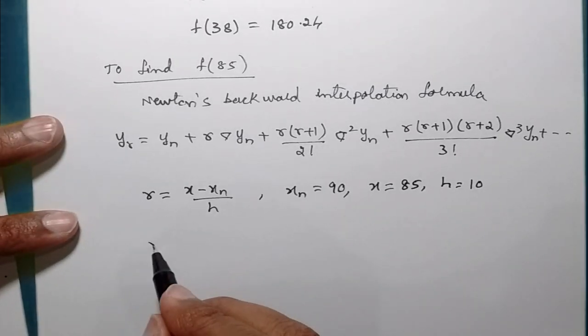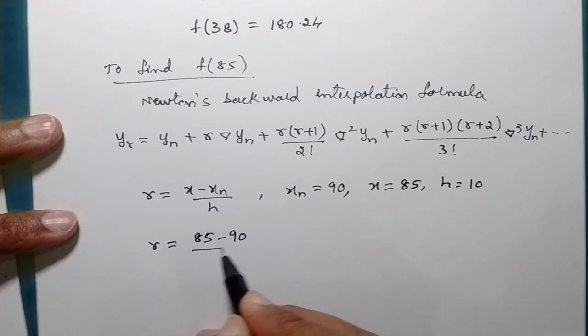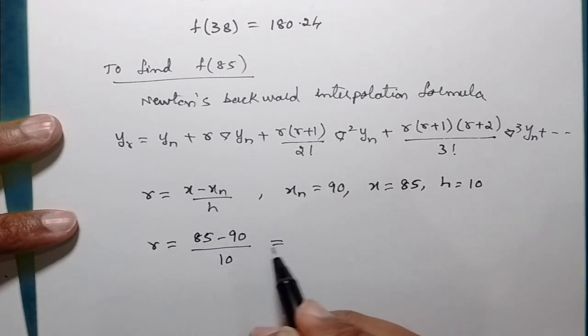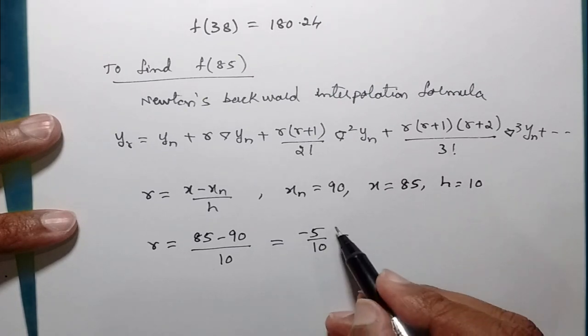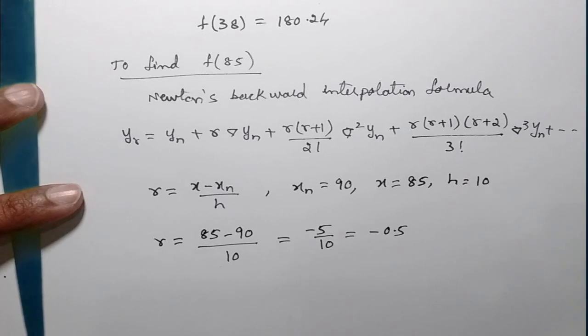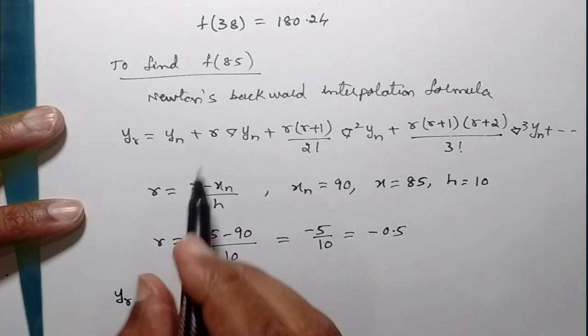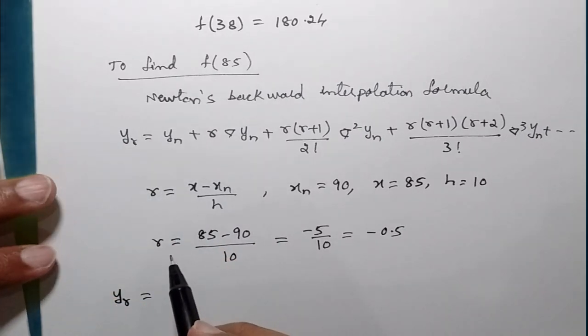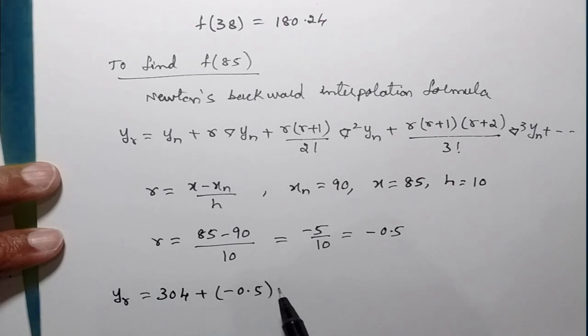So just plug in over here. R will be equal to x, which is 85, minus xn, which is 90, divided by h value, which is 10. So 85 minus 90 will be minus 5, divided by 10. So minus 5 by 10 will be minus 0.5. So you got the value of r. Now you can plug it back in the formula. Yr will be equal to yn. So yn from the table, as I told you, is 304, plus r value, minus 0.5, into